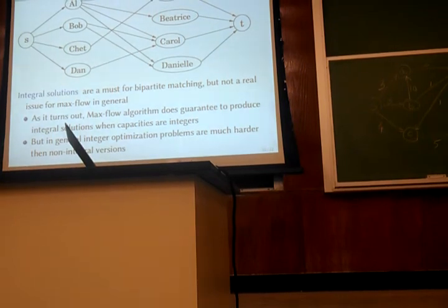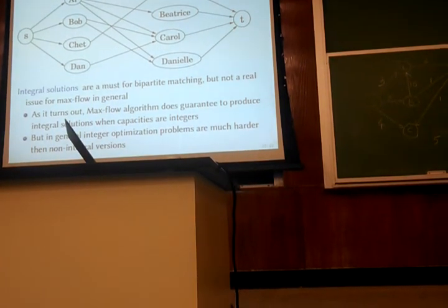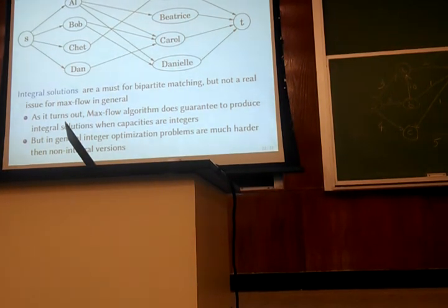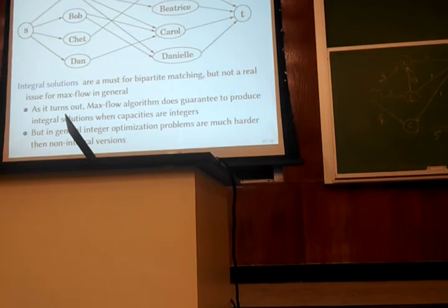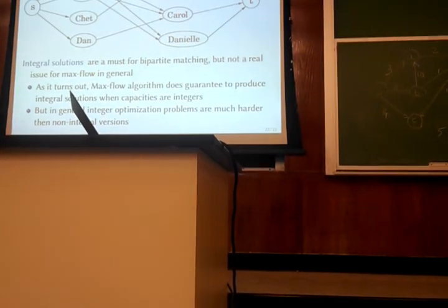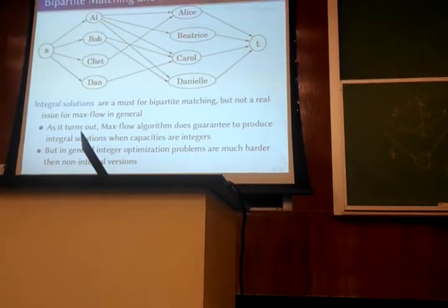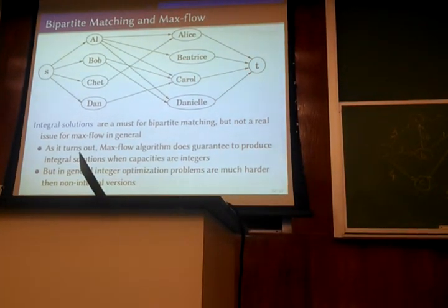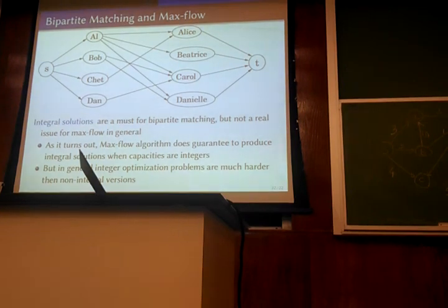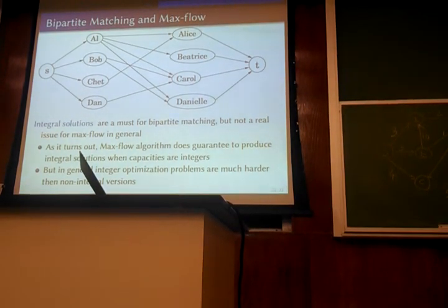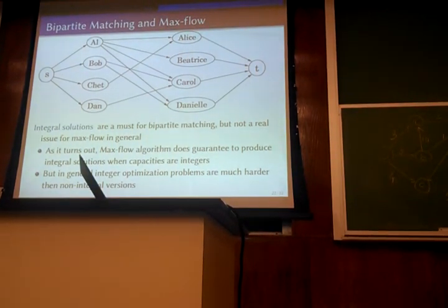And what we said was, because the toolbox we have only knows about one source and one sink, we transform the problem to solve it using that particular algorithm. And the same way we can add a new source. Now, what should be the edge capacities from that source? So basically the intuition is that